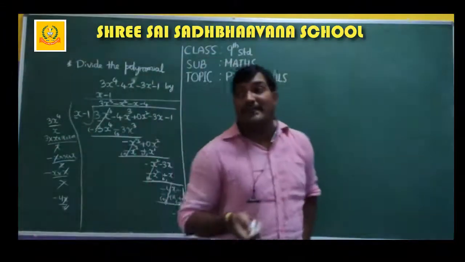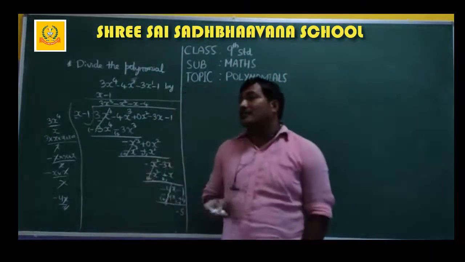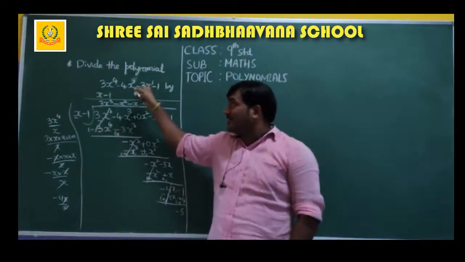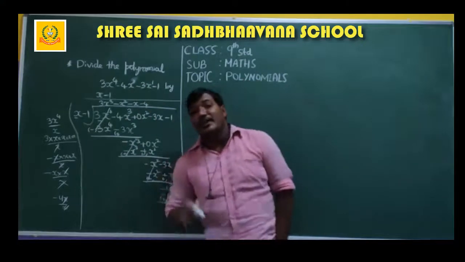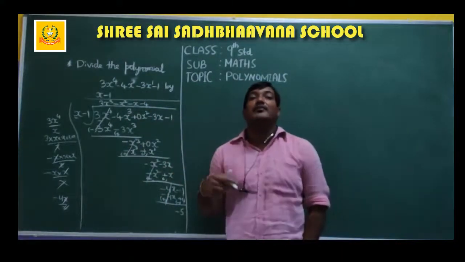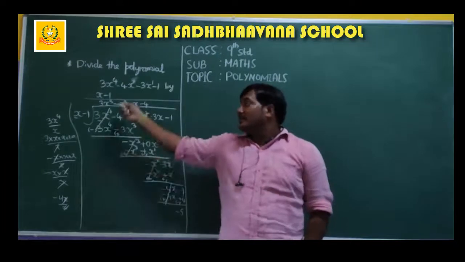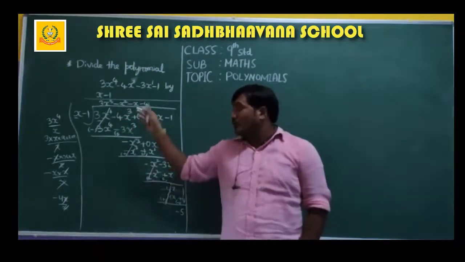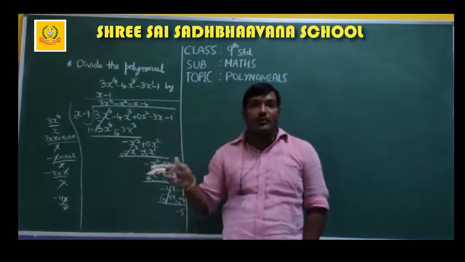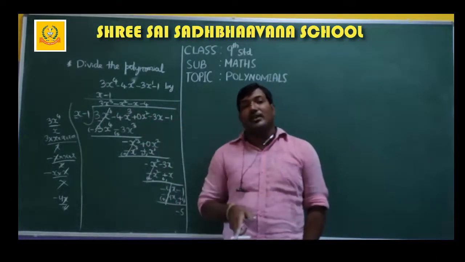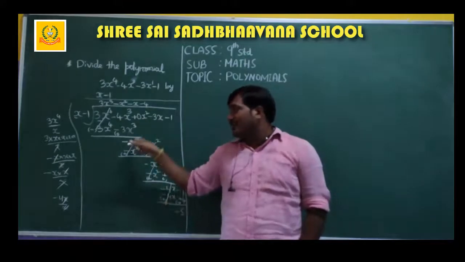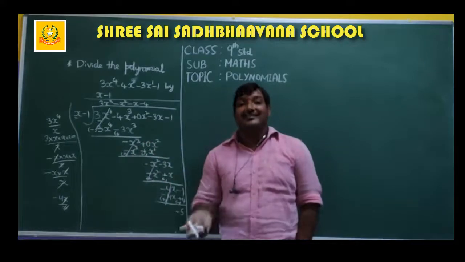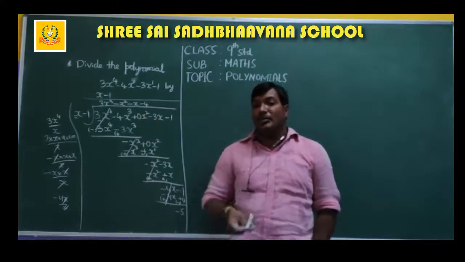Okay, and I'll explain once again. These kinds of sums are noted sums because we have to understand that in this case x square is missing. So whichever term of x is missing, just multiply with 0 and write it so that you will not get confused. You can do without doing this also. You can continue the sum without doing that. 0x square also you can continue, but in between you might get confused because like terms subtraction will be easier. That's the reason I am just taking it as 0x square.